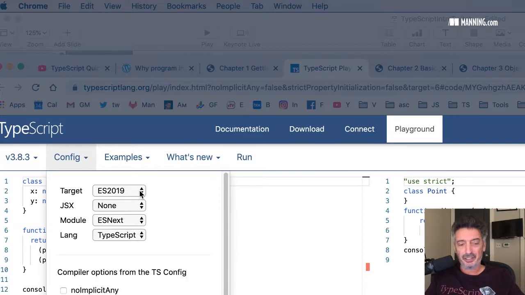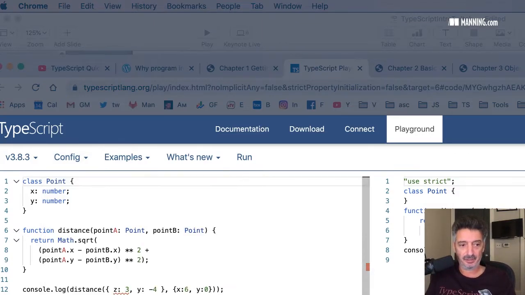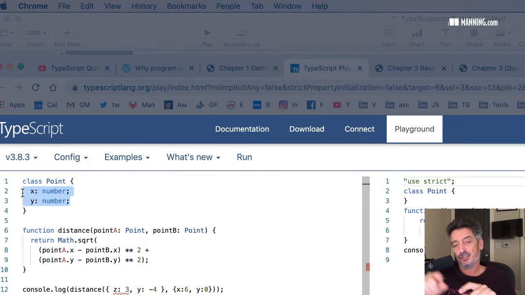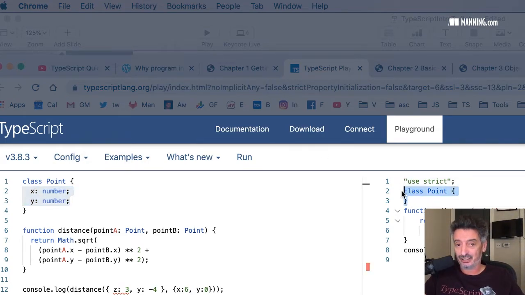Basically, what I wanted to show you, right now, there is a proposal to introduce fields in the class in JavaScript, right? So these would be fields. Some browsers already support it, in particular Chrome, but once it becomes the final stage of ECMAScript, we would see fields in there. For now, it doesn't exist, so it just says class point with no properties. It ignores the type because JavaScript doesn't have types.